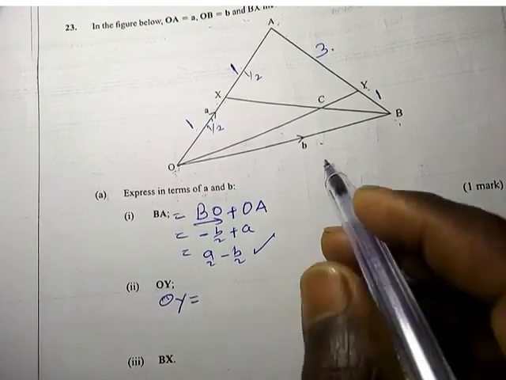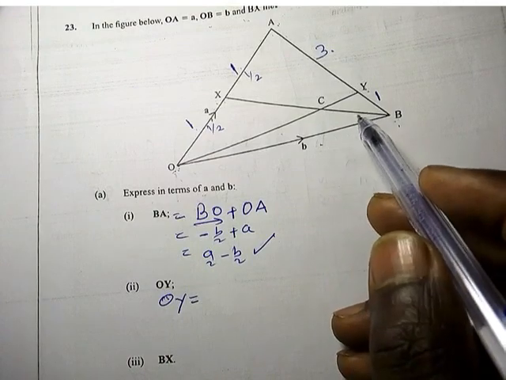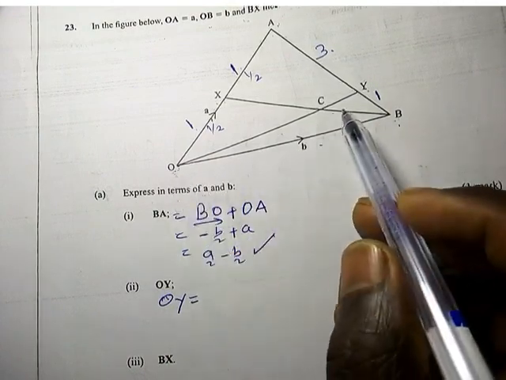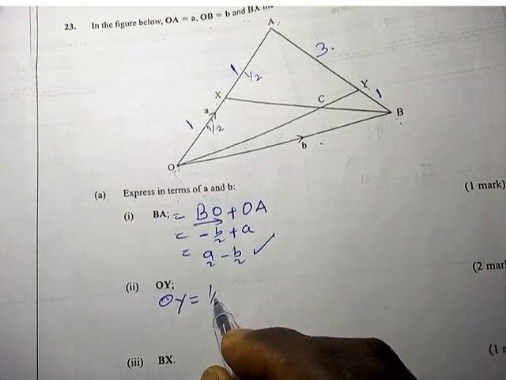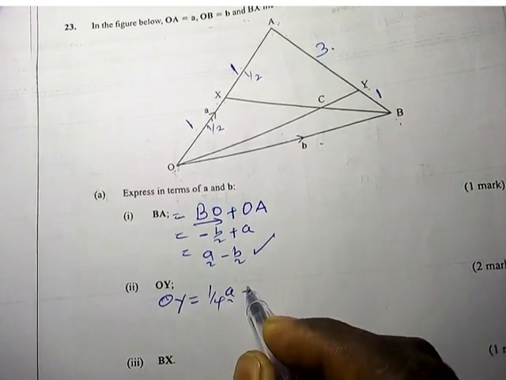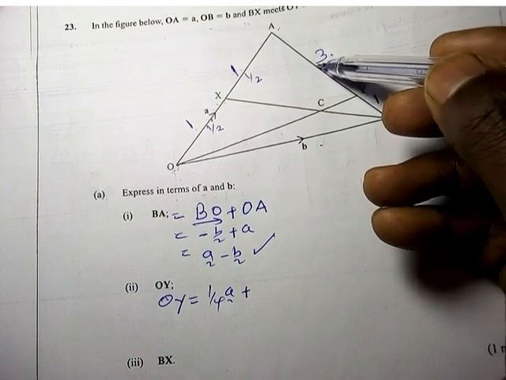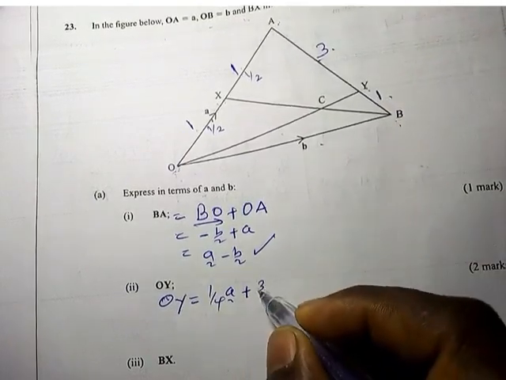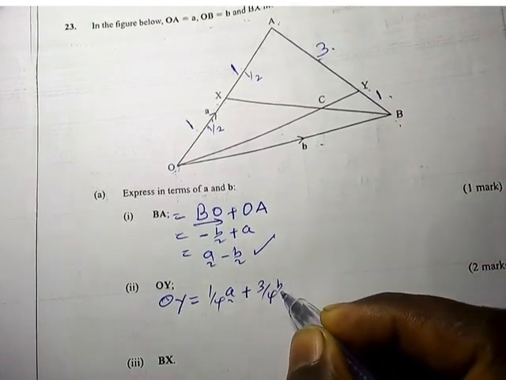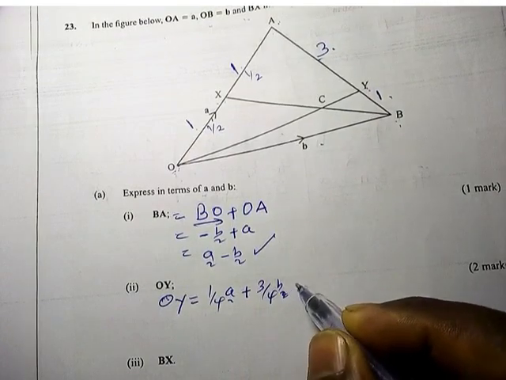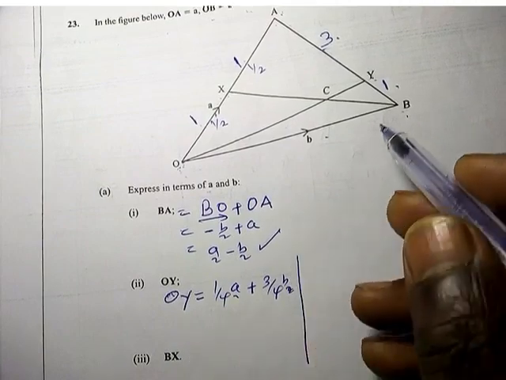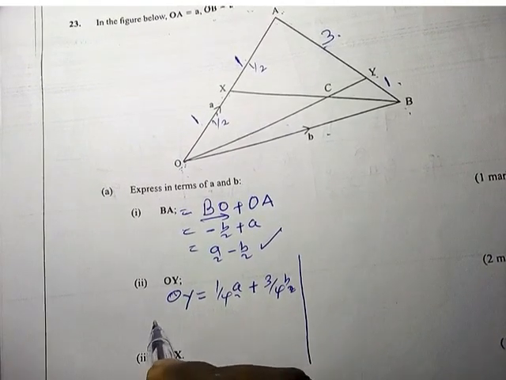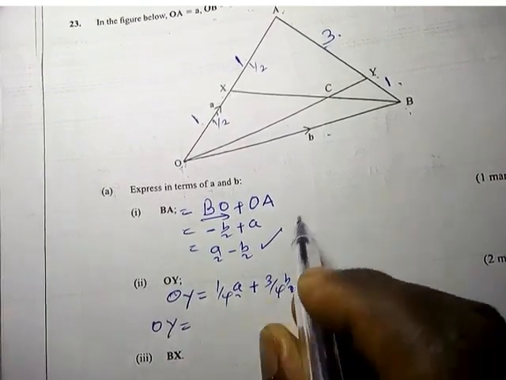Simply you can use the ratio theorem. So this one is going to be 1 over 4 A plus 3 over 4 B, and that is the OY. But if you can't do that, you can go the normal way. You say OY is equal to